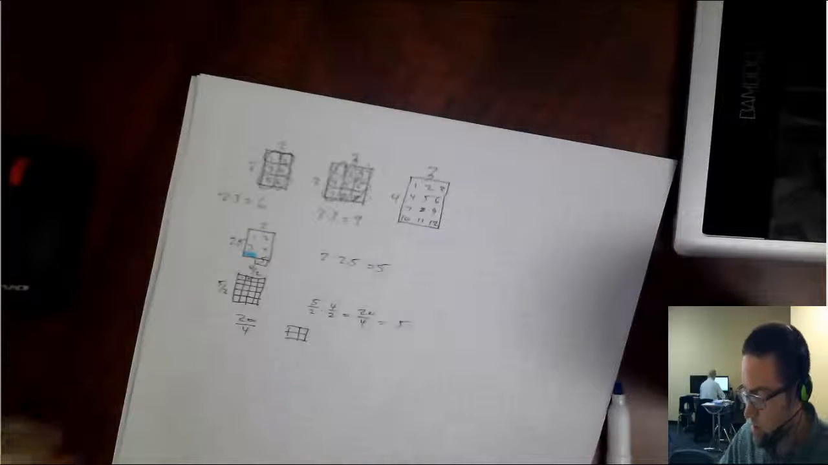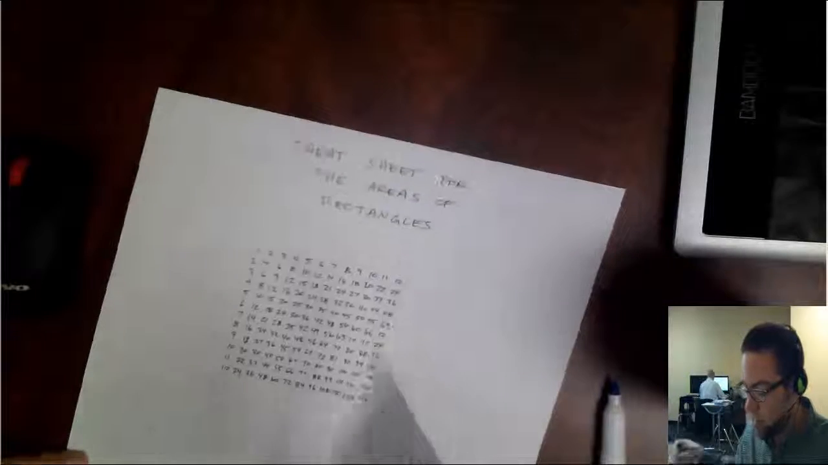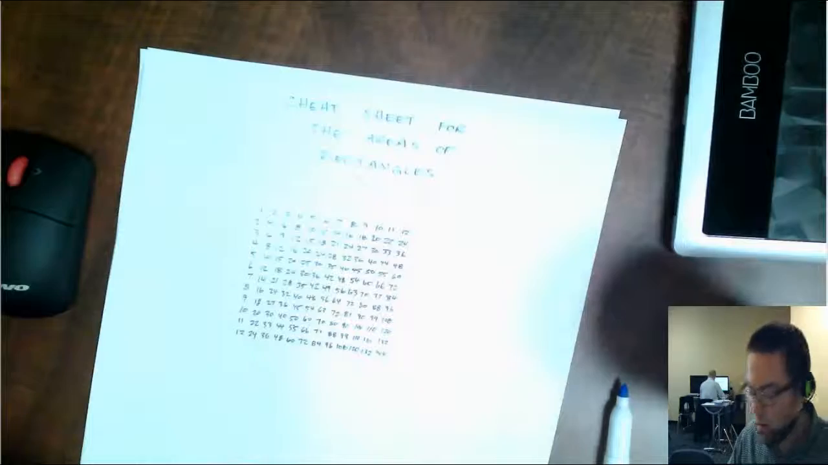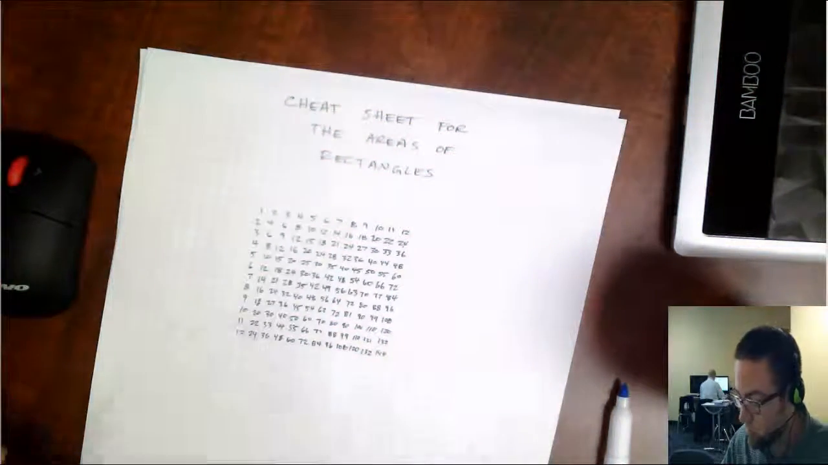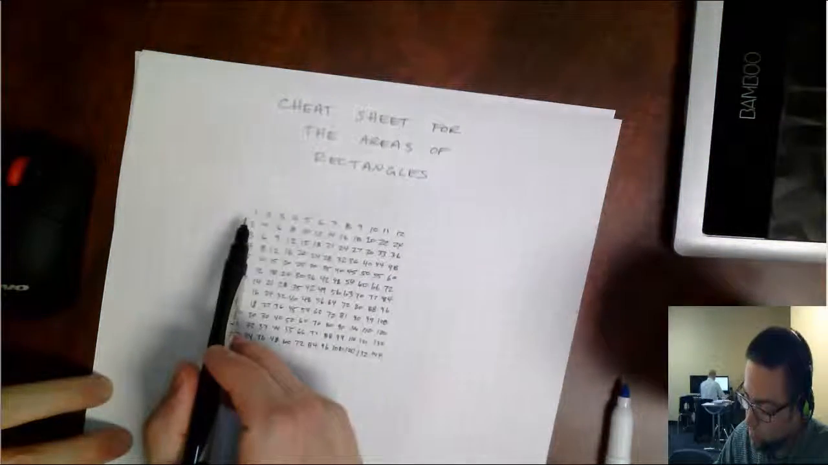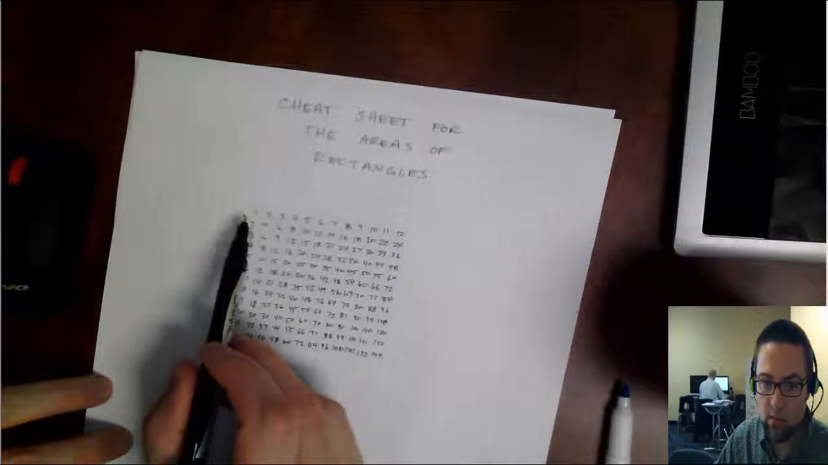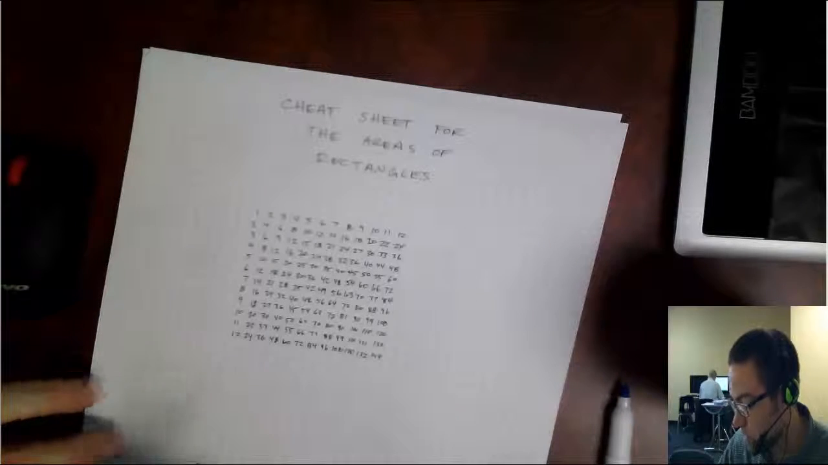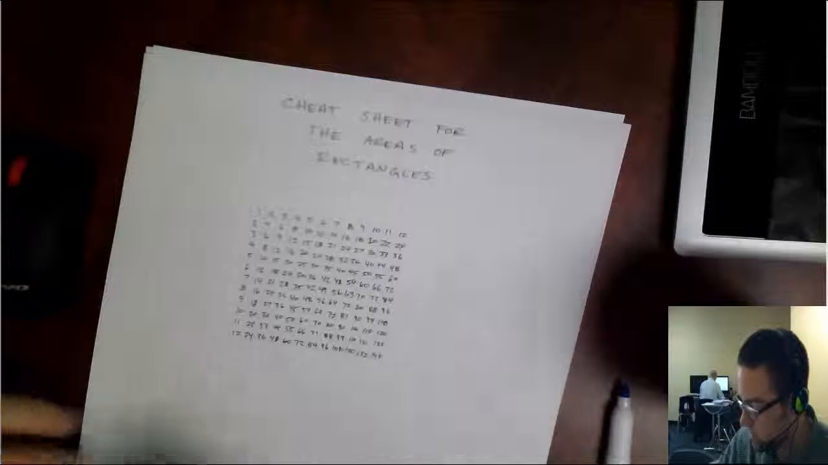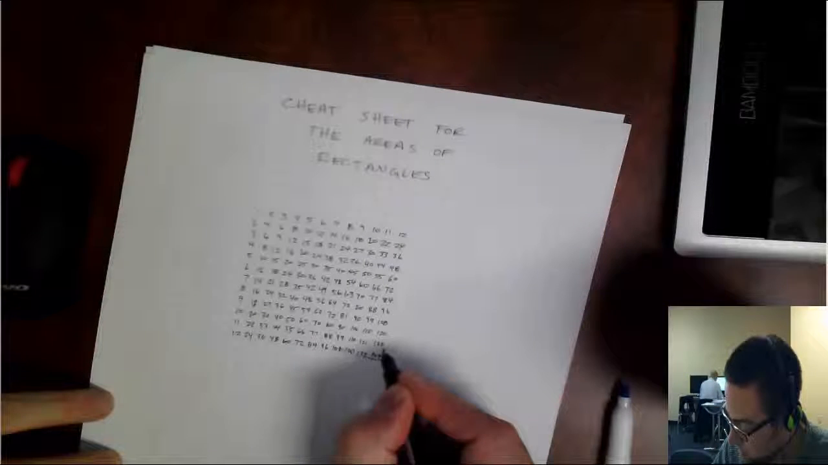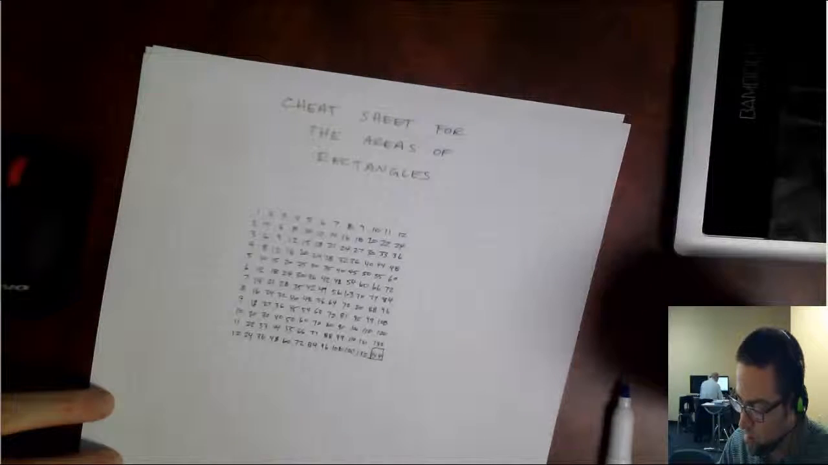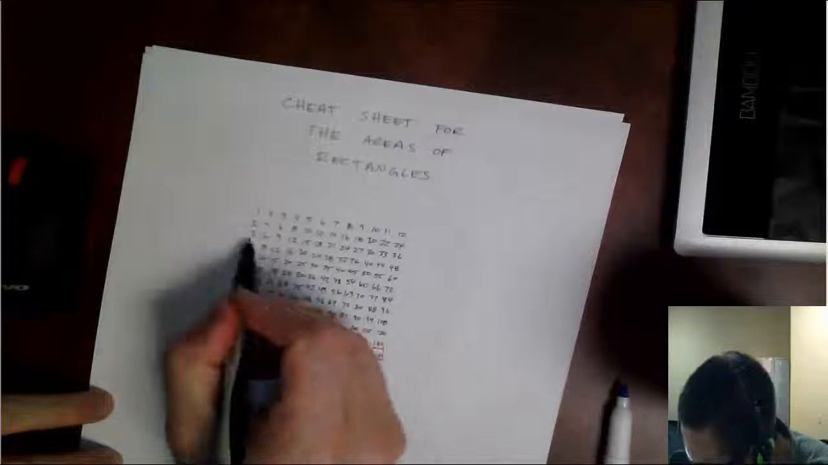Okay, now I'm going to show you a little cheat sheet for finding the areas of rectangles that have whole number sides. And this little cheat sheet here, it gives you the area of every rectangle that would be up to a length of 12 by 12. So a 12 by 12 rectangle fits on here, and it has an area of 144. Right? If I had a rectangle that was 3 by 6,